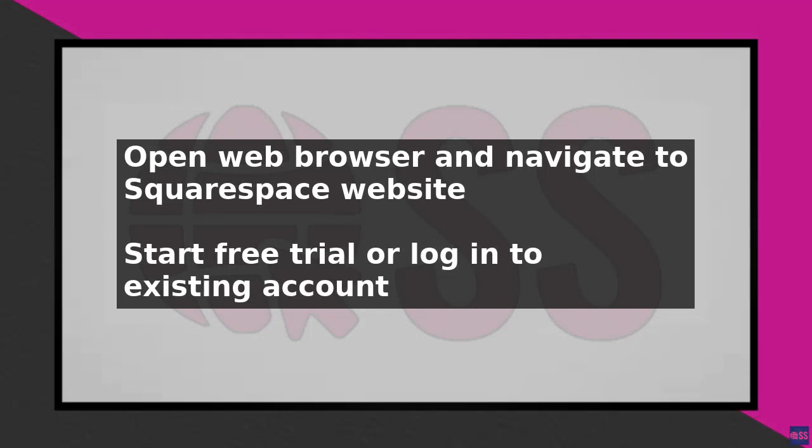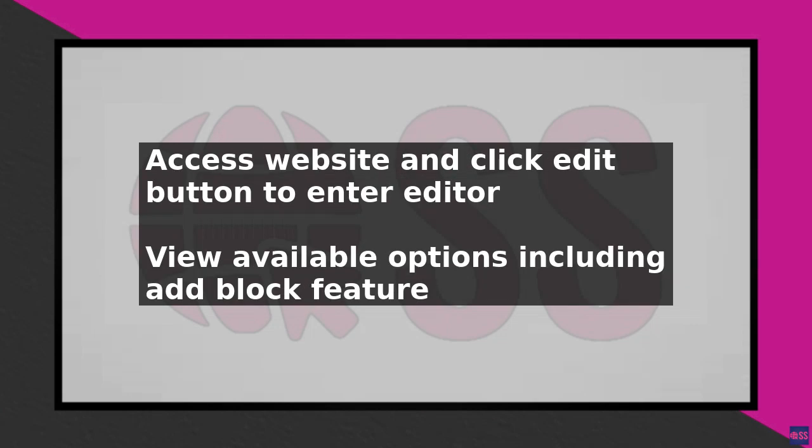To embed code in Squarespace, start by opening your web browser and navigating to the Squarespace website. From there, you can either start a free trial or log in to an existing account to access your website. Once you've accessed your site, go to one of your pages and click the Edit button, which will take you